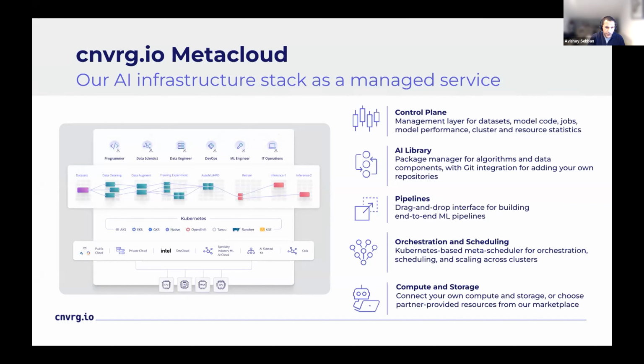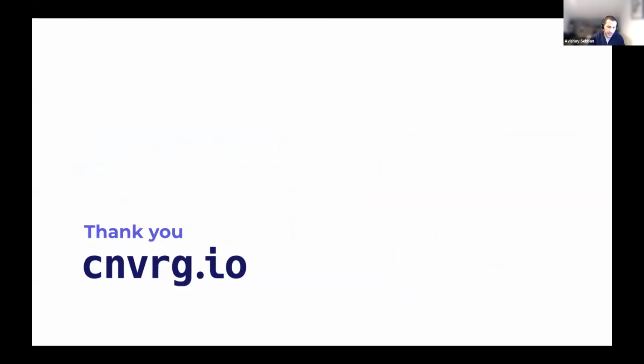So you can start with 4 CPUs and 8 GB of RAM for free. And in addition to that resource, the platform also offers Intel Cloud resources, which include access to the finest and most popular CPUs like Sapphire Rapids. This makes it possible to build and train complex models with double the price performance compared to other cloud providers. Thank you so much.